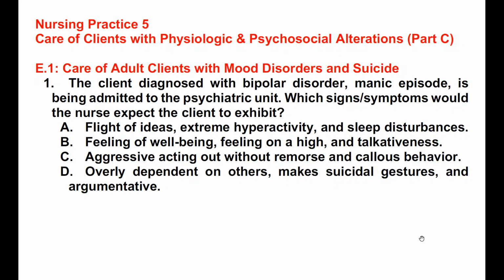Of course, we know that letter D is actually a manifestation of a client having borderline personality because of those suicide gestures. And then choice letter C is actually for antisocial personality disorder. And then, of course, we know that choice letter B is manifesting mild mania with symptoms, but that is not requiring a psychiatric admission. The best answer for number one is letter A, which is flight of ideas, extreme hyperactivity,